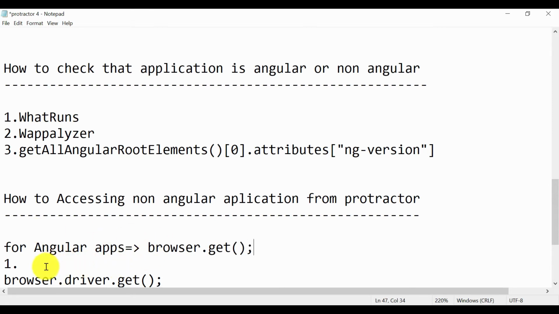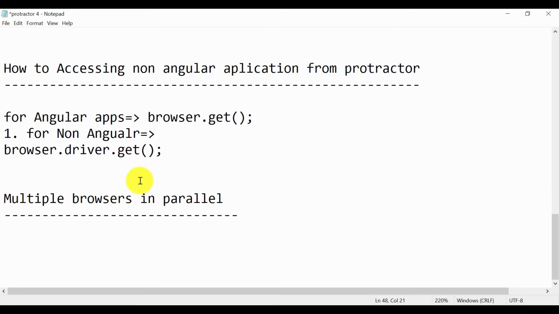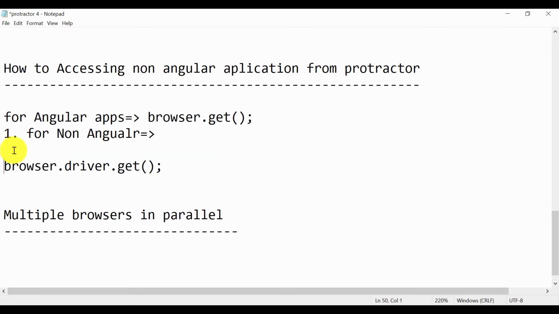But for non-Angular, you have to write browser.driver.get. This is one way. So every time you need to write a command, you will have to use this driver.